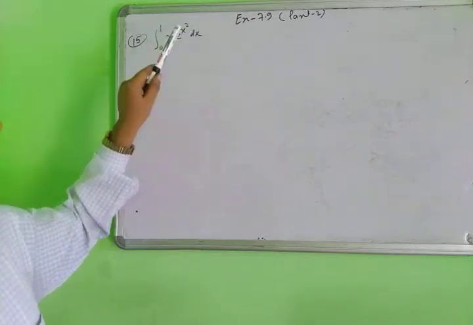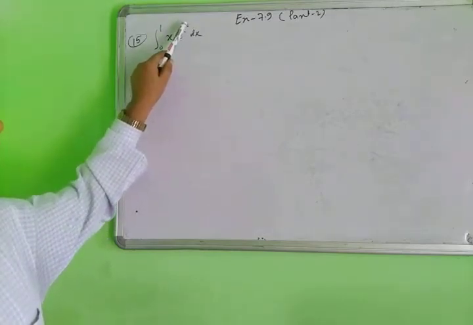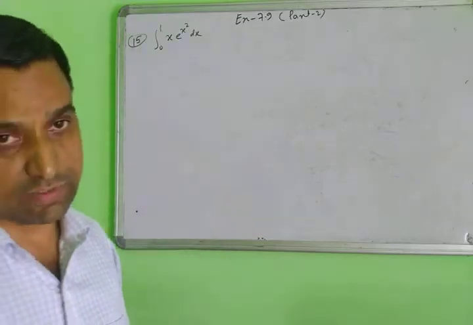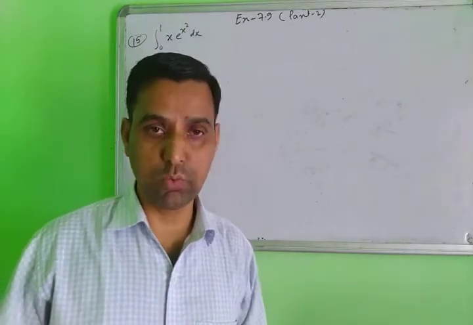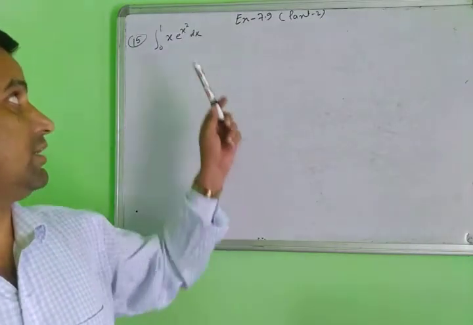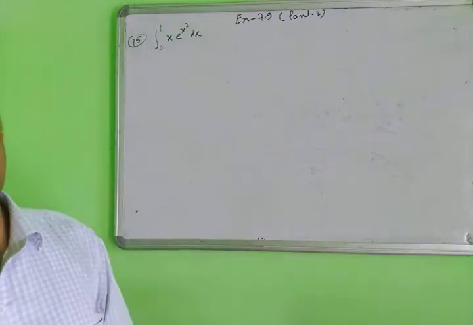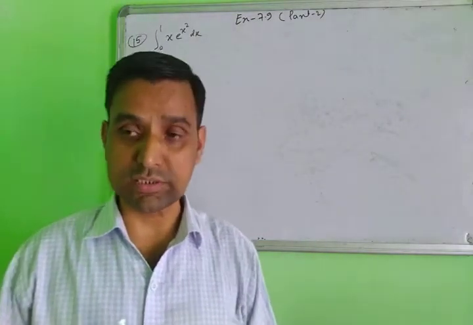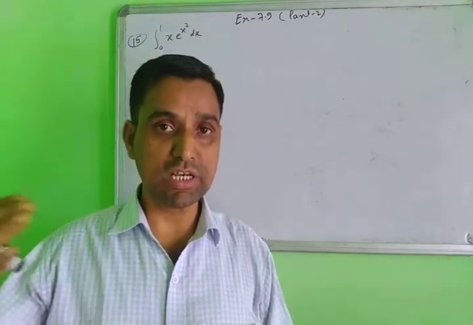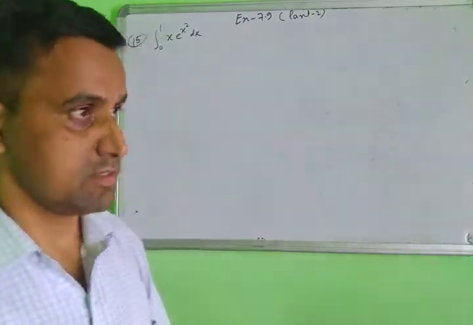Here there are two functions, so you substitute the value of x square with another variable, t, or p and q, any other variable. But when you substitute in a definite integral, the limit also changes. In this question you will learn two things: how to change the limits and how to substitute the values. Yes, now look here.